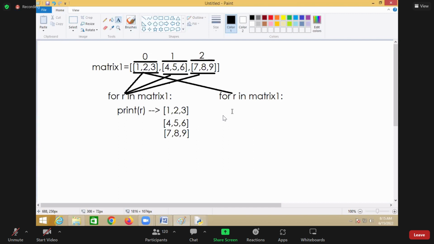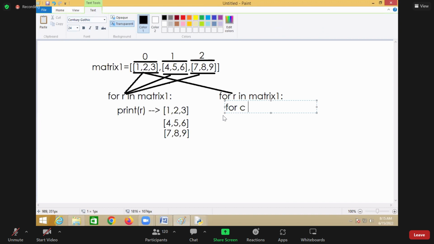Yes. After reading this list, from this list you have to read which one? Columns. For C in what? Row. What is R here? A list. From this list you read the first value. What is the first value? 1. The second value? 2. The third value? 3. So the outer loop is for reading the elements from the outer list,